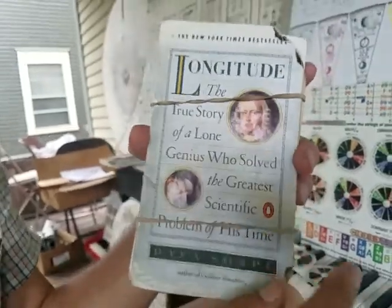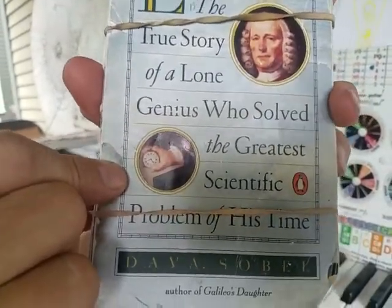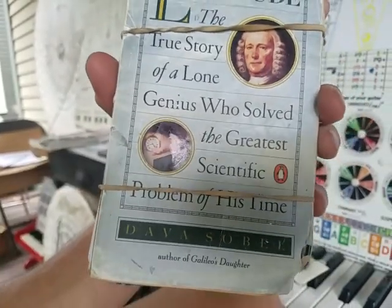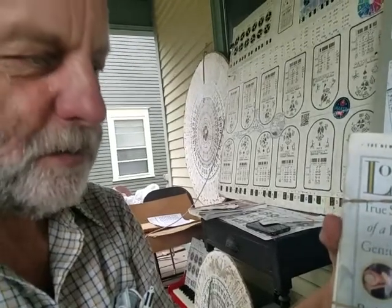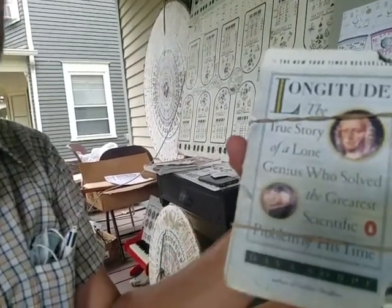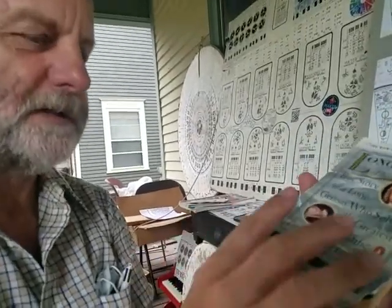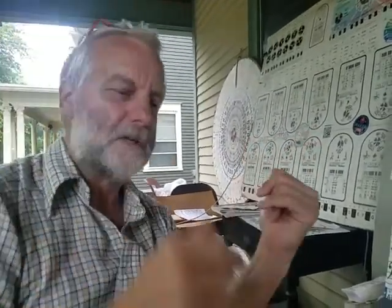It's about this guy by the name of John Harrison. John Harrison was a clockmaker. It was about 300 years ago. He was the first person to figure out how to navigate ships around the ocean by using clocks. Before then, they would use the sun, the moon, and a tool called a sextant, which could measure from the horizon up to where the moon is, or to the sun, or to stars. And that's how they used to navigate ships around the ocean